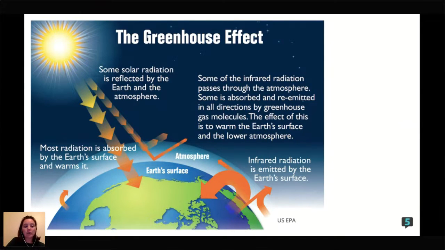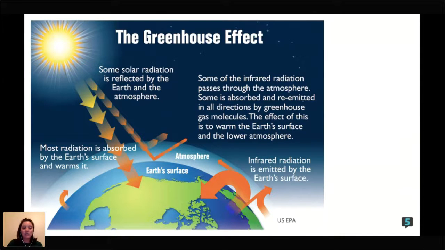So Earth gains some of its heat that it then bounces back out as infrared radiation from solar radiation. Some solar radiation comes in through the atmosphere, and it's a much shorter wavelength, so it gets past all of those gases a lot more easily than the infrared radiation does. The infrared radiation is a really long wavelength, and so it is traveling a lot slower and will run into those gases that we just talked about.